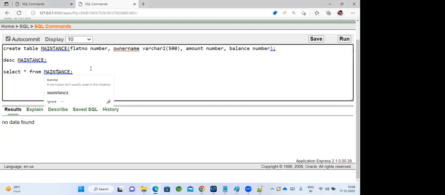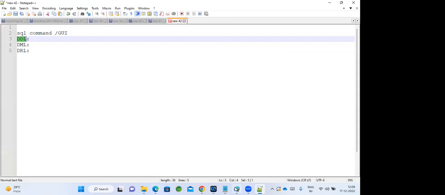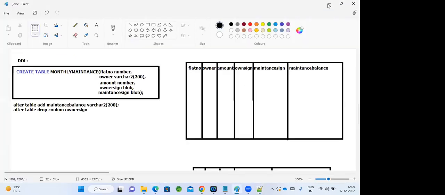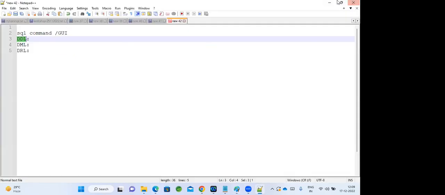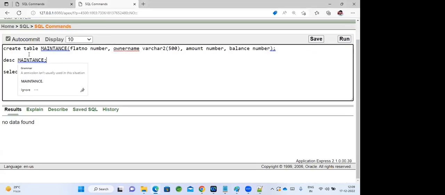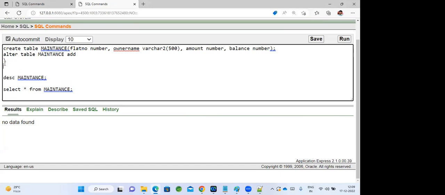Yeah, good. So now there is no data. You created a table like this. You can alter this table also using a query. As I said, right? If you miss adding one column, you can alter it. Alter table maintenance, add a new column. If you want to add a new column, flat number, owner name,